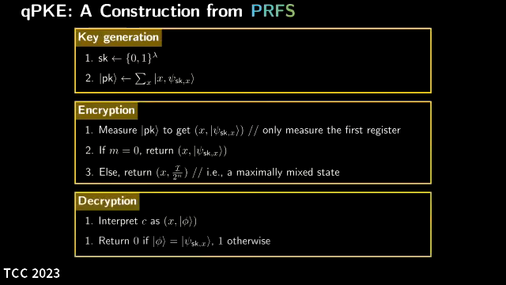And for the decryption, we use a useful property of PIFS. You can verify whether the quantum state that you receive from the ciphertext is indeed psi SKX or not. And from that, you can do the decryption. Again, the security proof for this construction follows the same approach that I just presented for the one from one-way functions. So those are the two simple constructions. And in the paper, we also give more involved constructions achieving CCA security, or constructions from more assumptions than just PIFS and one-way functions.